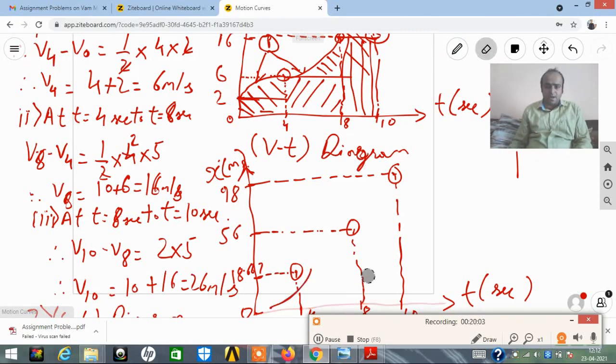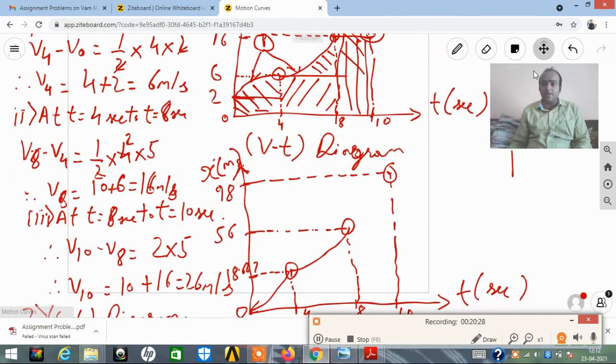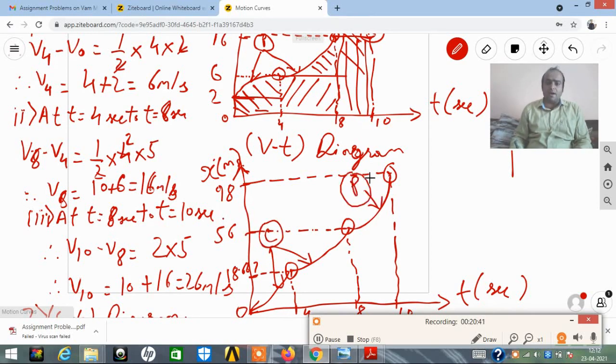Just let me erase this part. Okay, I'll be drawing it again. So this is a third degree cubic curve. Again, this will be a third degree cubic curve. Why? This was a parabolic curve, my dear friends. More or less they look similar. Last but not the least, since it's a straight line, here it will be a second degree parabolic curve. So I can mention over here that it is a cubic curve, C, and for this parabolic curve I can write P.